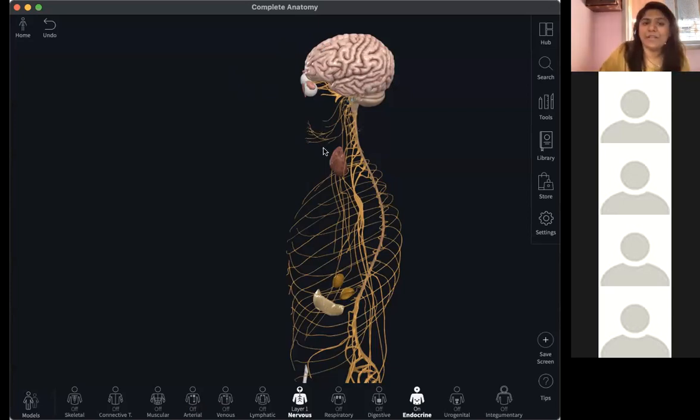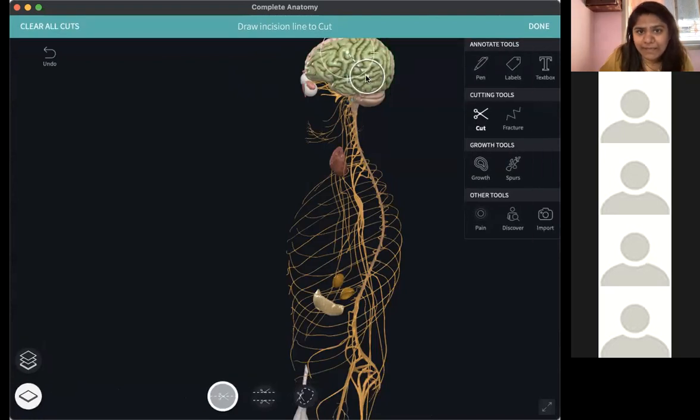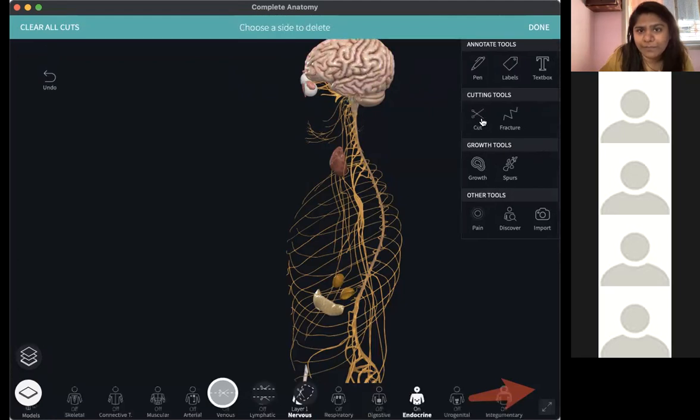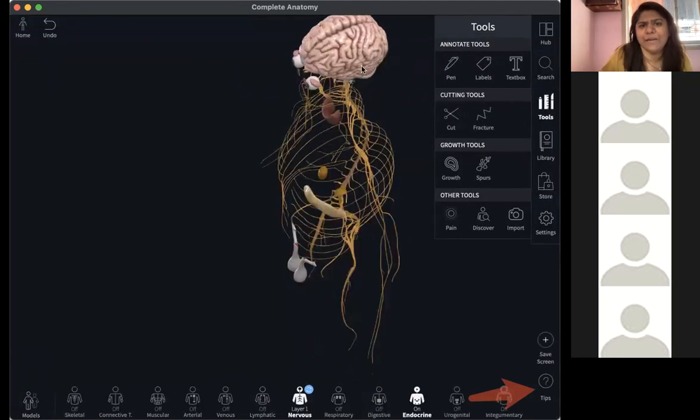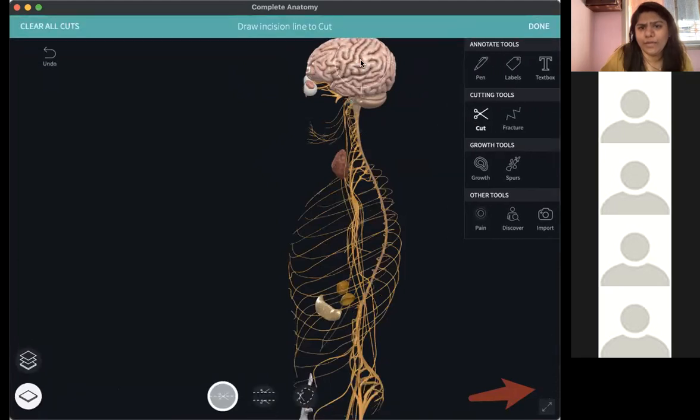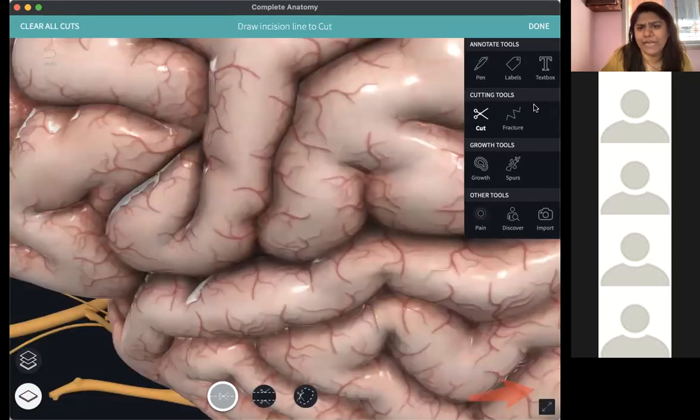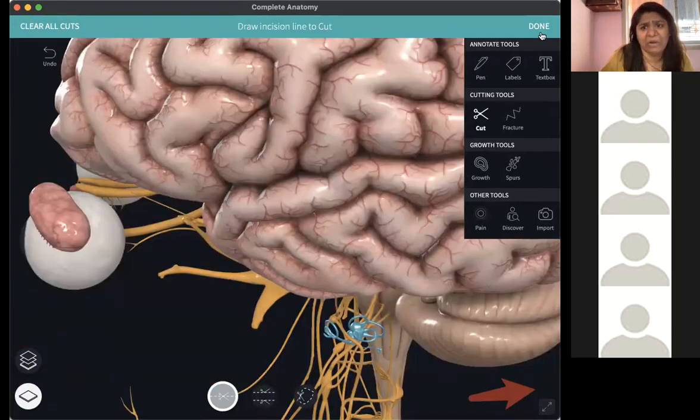Making sense? Now this particular brain, again, because we like cutting into things, if we remove it, what do you think we are going to see? If I cut my brain, what do you think I will see inside? I'm not able to do that right now, but what do you think I'll see? A lot of nerves.